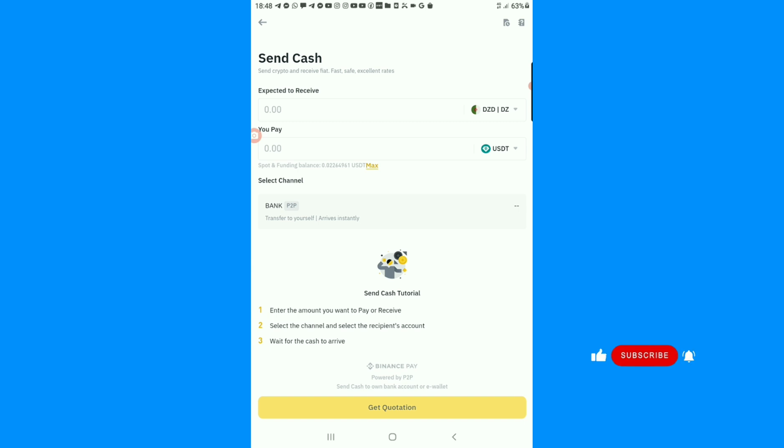This process is being powered by P2P to send cash to your own bank account. So this process is being sponsored or powered by P2P trading. So when you enter the amount that you want to send through this page, through this feature, you are going to